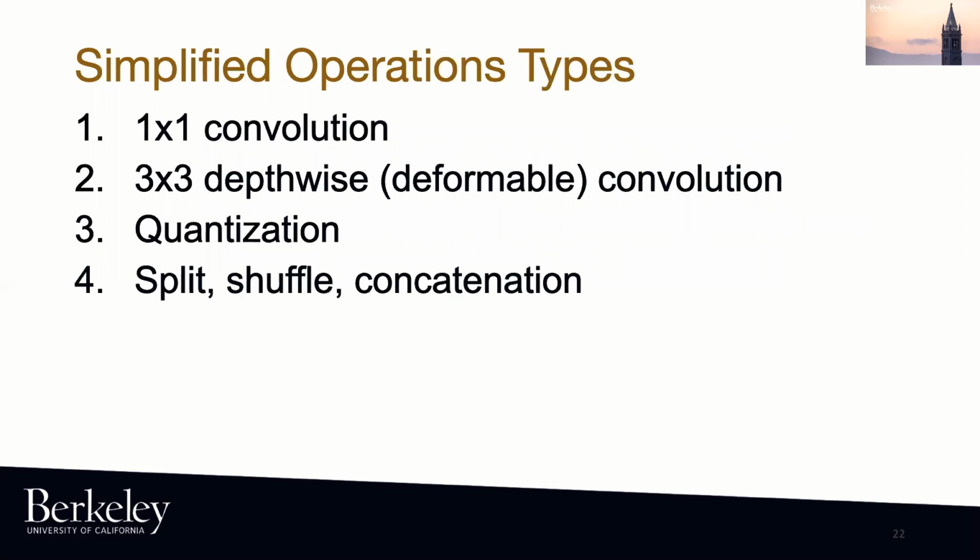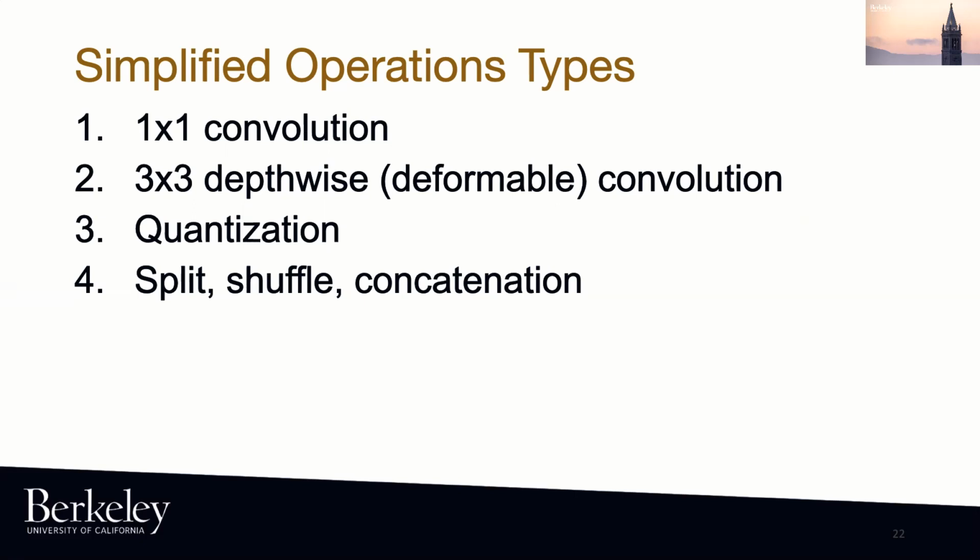With our co-design methodology, we're able to reduce the types of operations to support in this accelerator design. Excluding the first layer for the full 3x3 convolution, CoDeNet only consists of the following operations: 1x1 convolution, 3x3 depthwise deformable convolution, quantization, and split, shuffle, and memory concatenation units. And this helps us to greatly simplify the complexity of the control logic and thus save more FPGA resources for